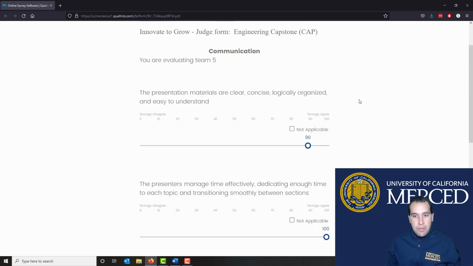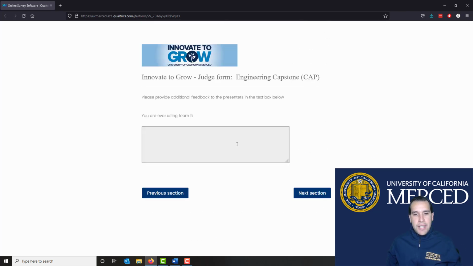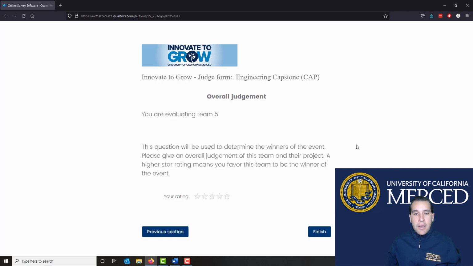All of these items, you respond from 0 to 100. You move to the next section. There's a box for comments. Any feedback that you want to leave the students, you can write there. This is optional. I'm not going to leave any feedback. And I'm going to move on to the final question, which is,